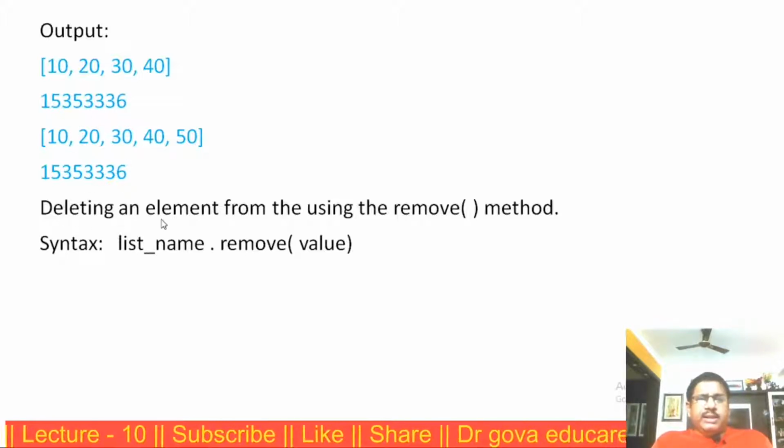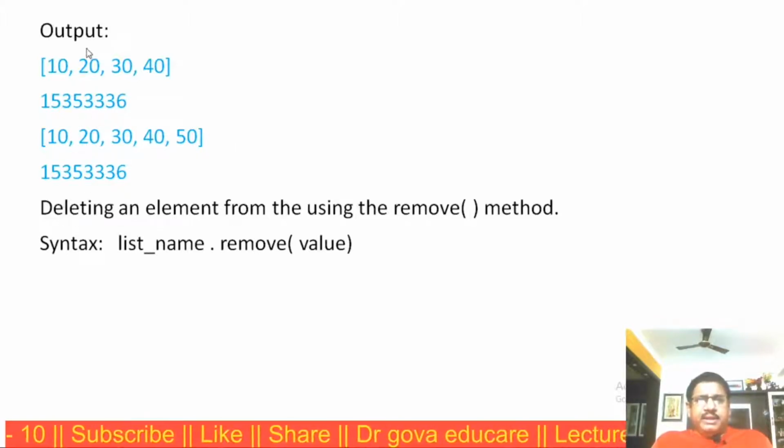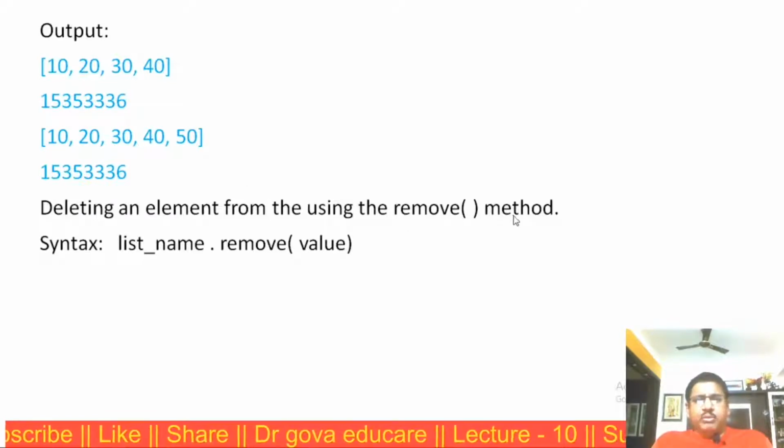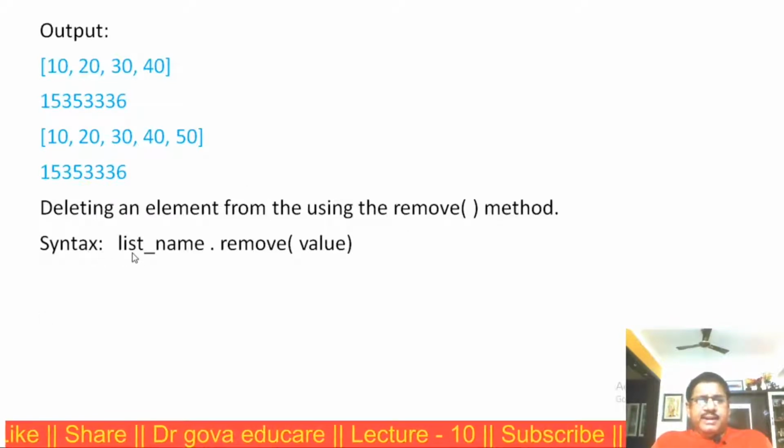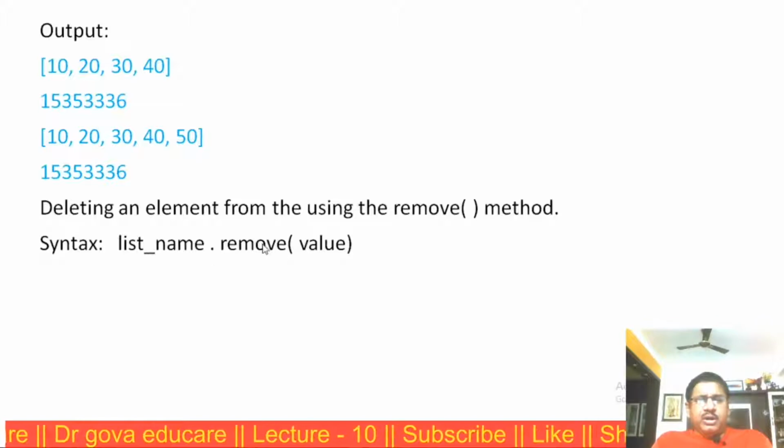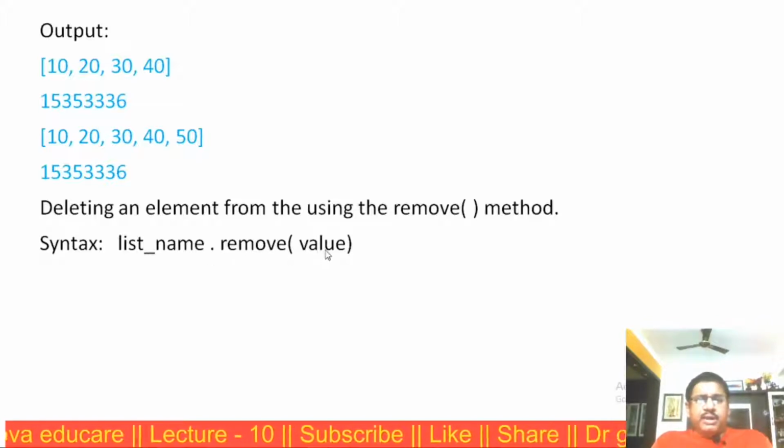Similarly, we can delete an element from the list. We use the remove method. Now this is the syntax: list name dot remove, and whatever value we have to remove.